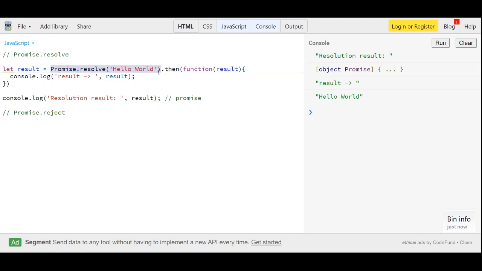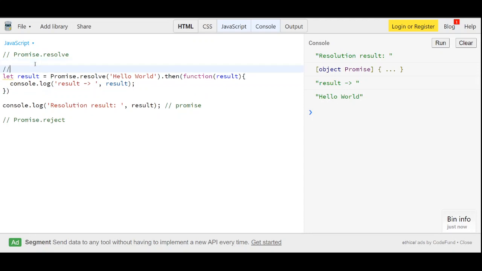There's one catch. If you have noticed, the resolution result has been printed first, even though the promise has been resolved. I'll cover this in later videos. Promises under the hood create microtasks in the event loop.